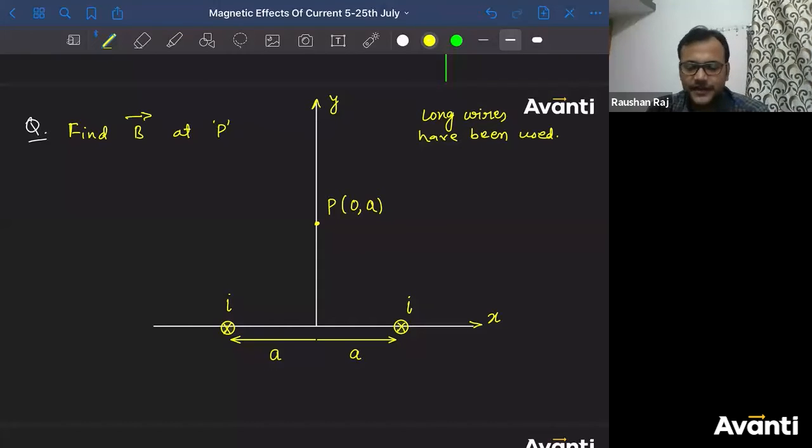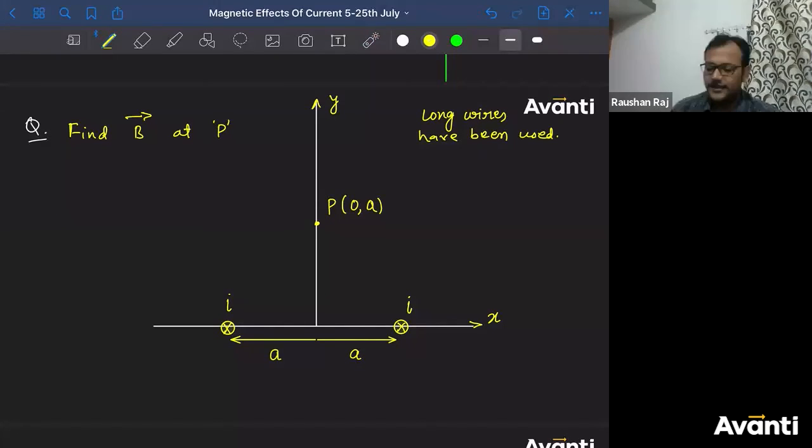What will be the net magnetic field line? What will be the direction of net magnetic field lines? First of all, answer this. What will be the direction of net magnetic field lines? Inward, outward? No, not at all. No Shreya, no Bhumika. Let's start, I can feel most of you are giving some random answers. Yes, Kalpa, correct.